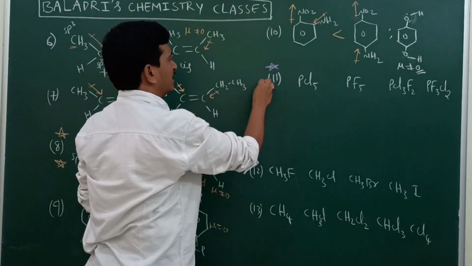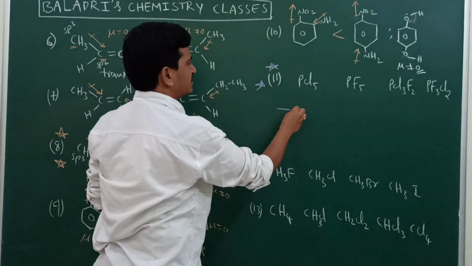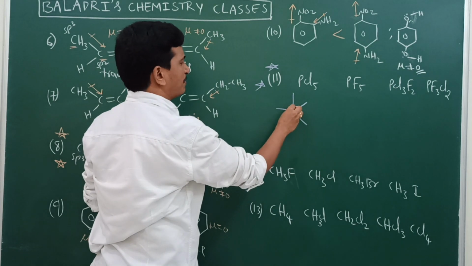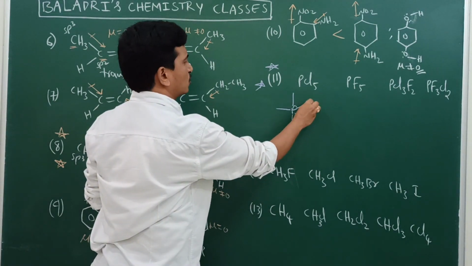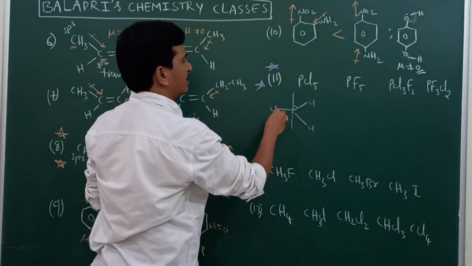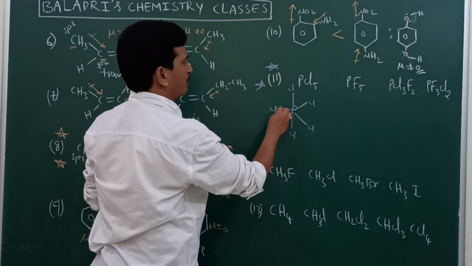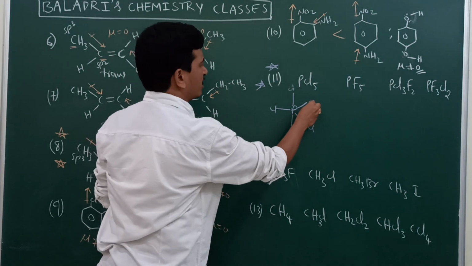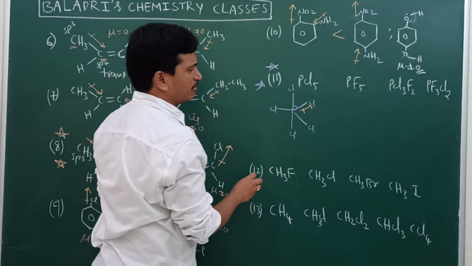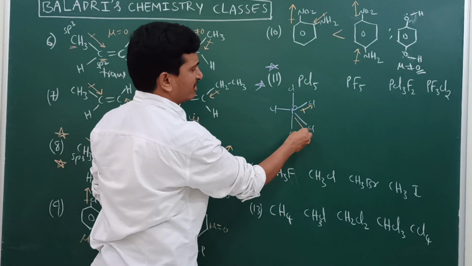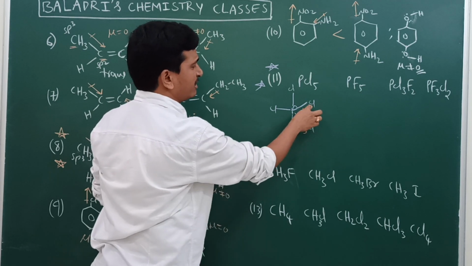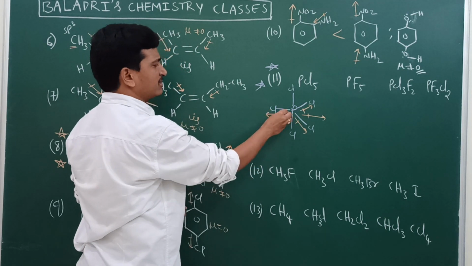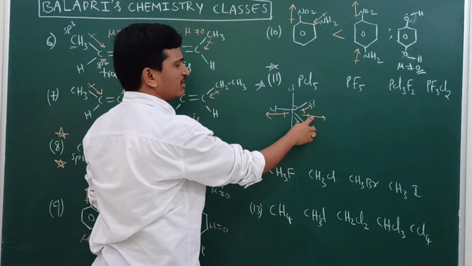This 11th example you can consider. PCl5 is there. It is trigonal bipyramidal in shape. Here there is a phosphorus. So 3 chlorines will be there within the plane, and one is above the plane, the other one is below the plane. Because of these 3 vectors, let us see here. Chlorine is more electronegative, so the dipole moment vector will be towards chlorine. Here also the dipole moment vector will be towards chlorine. Now in these two, the resulting vector will be in the middle of this direction, and this chlorine is having a dipole moment vector like this. So these two are equal and opposite.